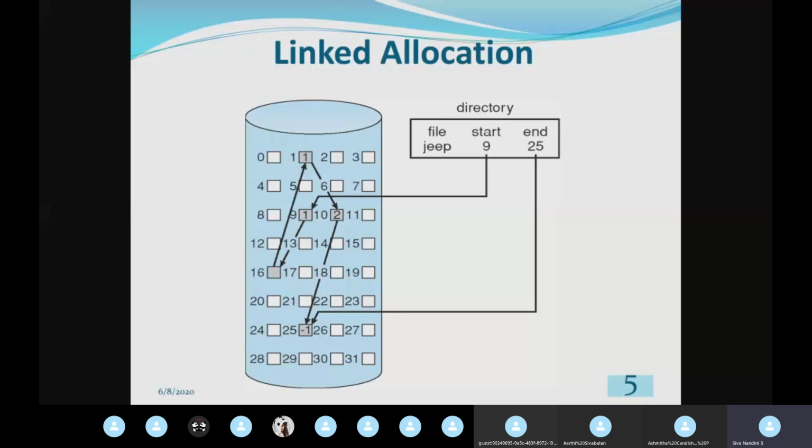So like this, we have logical blocks connected by means of a link, similar to a linked list. The starting logical block contains the pointer to the next logical block, and the second logical block contains the pointer to the third logical block. Likewise, up to the end, the end logical block will have a null pointer saying that it is the last logical block of the particular file. Okay, clear? So this linked allocation file method is similar to the linked list.